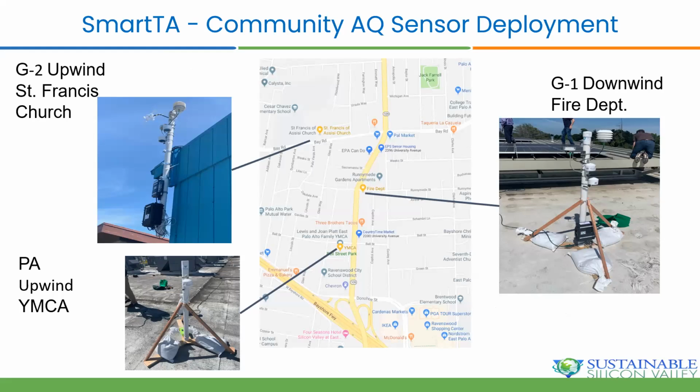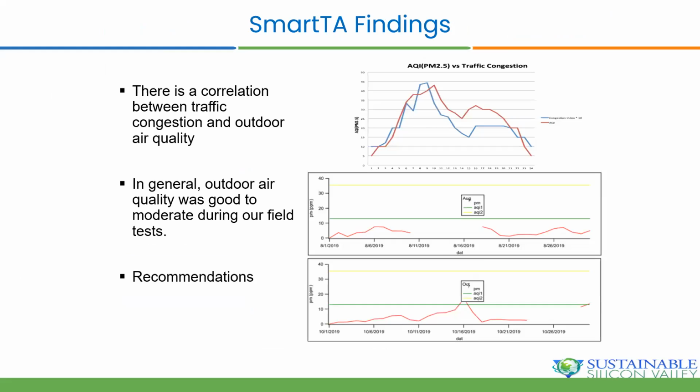It included gas phase measurements, like I mentioned, and particulate phase measurements at 3 locations on either side of University Avenue, between the Dumbarton and Highway 101. We made measurements for several months in that area. And we found, first of all, you can see in the top part over here that the